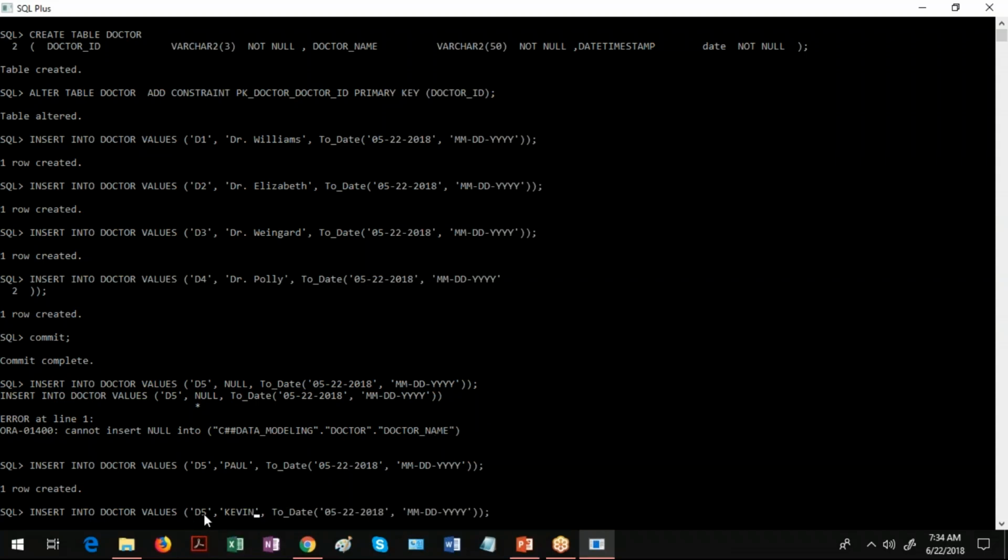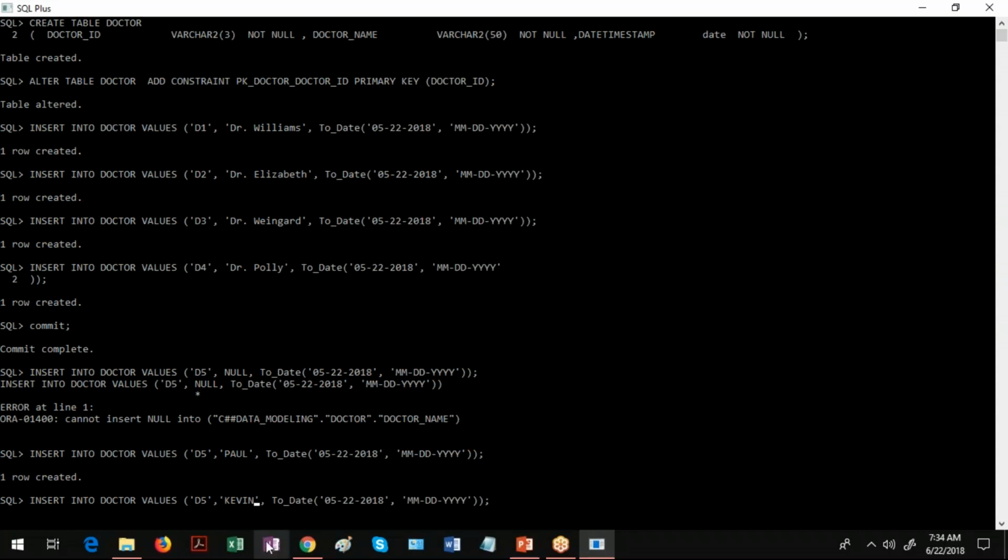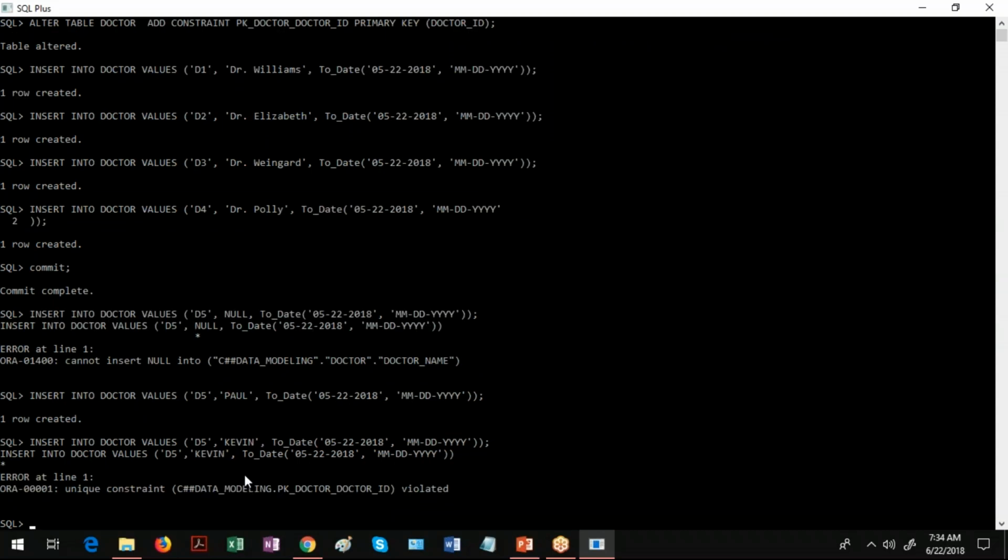In this situation, it has to throw an error message stating that unique constraint violated, because D5 is a value already present in the database. So it says unique constraint violated. So I go there and change the D5 to D6.